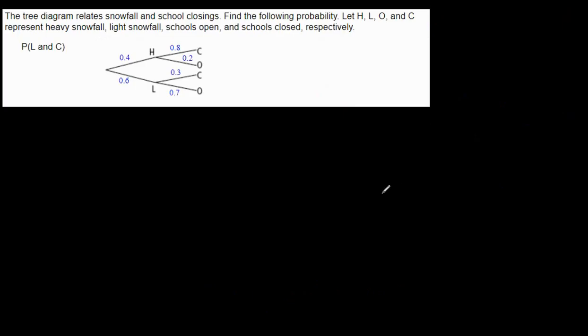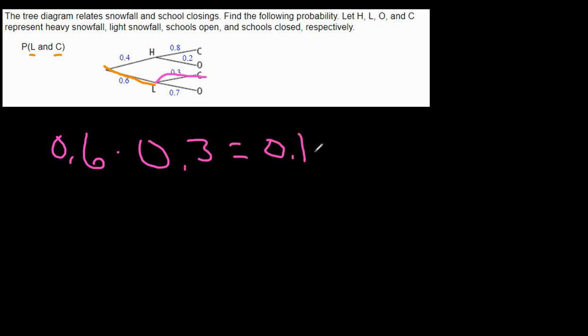The tree diagram relates snowfall and school closings. Find the following probability: we have an L and a C, and it tells you what each of them stands for: light snowfall, heavy snowfall, schools are open, schools are closed. So we want to find the probability that we have a light snowfall and then the schools are closed. If we follow the tree diagram, light snowfall is here, and then we go down to here for the closing. This is really pretty simple then. We're just going to do 0.6 times 0.3, and that would be 0.18,